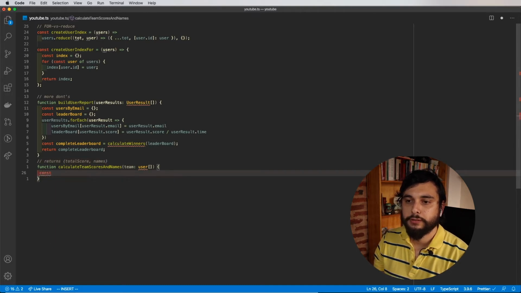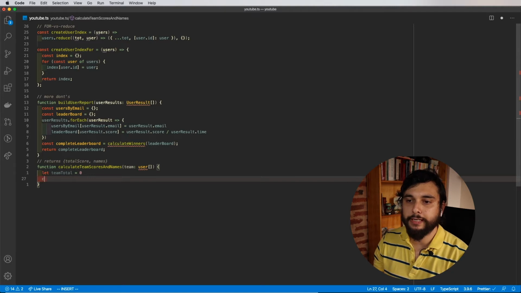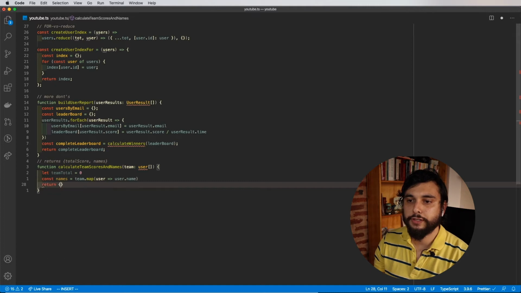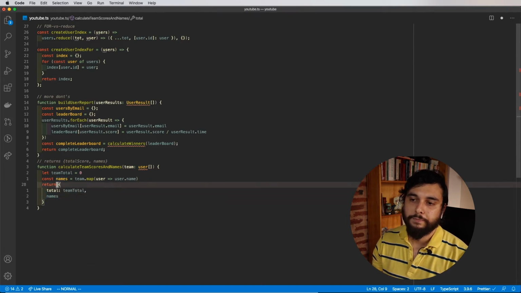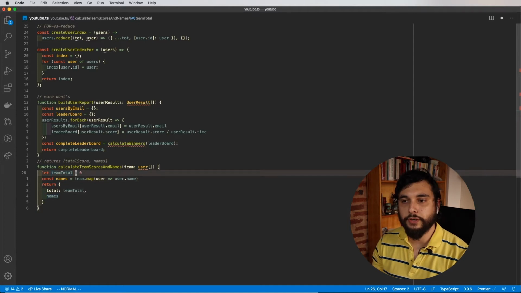Let's say that you say, well, this would be for instance, team total. It starts in 0. And then you want to have the names of the people. So you do names and you do team.map, and then you do user.name, and then you just return an array with team total, and then names. Okay. This is wrong because you are not really adding up the